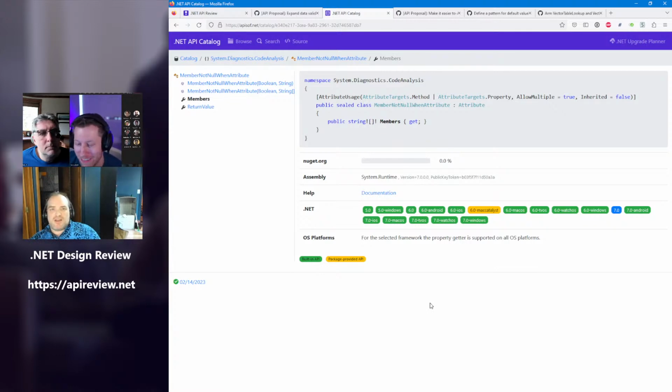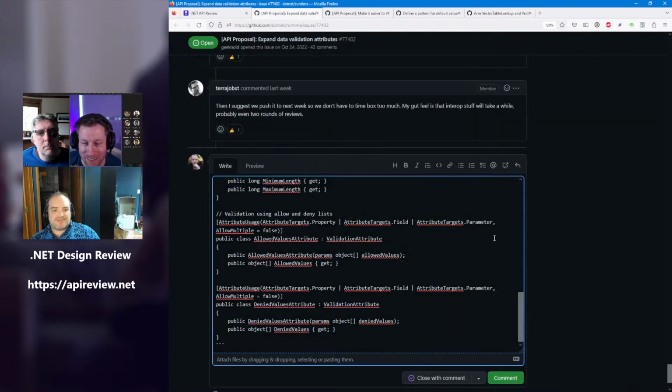All right, so chat asks a reasonable question about comparers for the allowed and denied values. I assume since we're in attribute land, there's not a really good way of doing it unless we took a type. I don't feel that exposing an additional constructor overload is worth it.